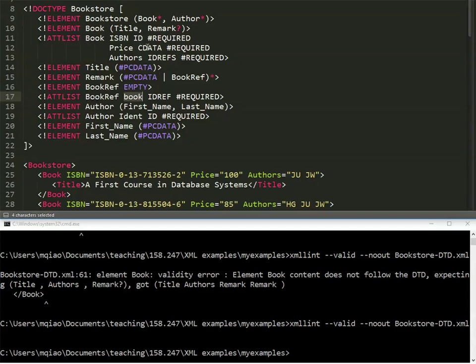Whereas there is another reference, which is the book. Okay, each book will have a certain number of authors, and the authors are specified by ID refs, which is required. The difference between ID ref and ID refs is that ID refs is a list of ID refs separated by space. For example,